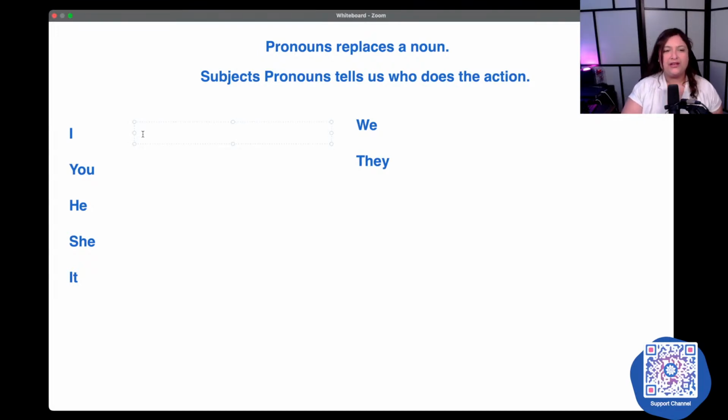Now, in Spanish, the subject pronouns will be the following. Yo, let me grab my Spanish keyboard here. There we go. Tú, which is informal, and usted, which is going to be polite.